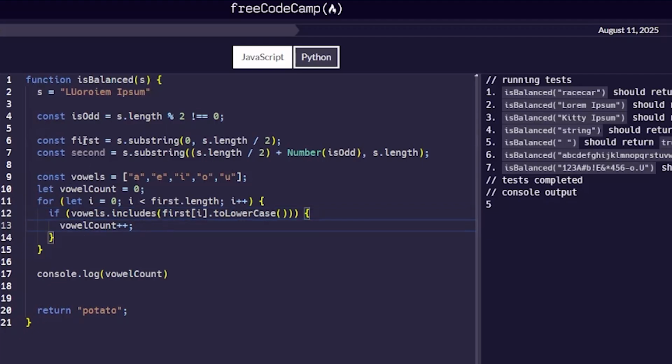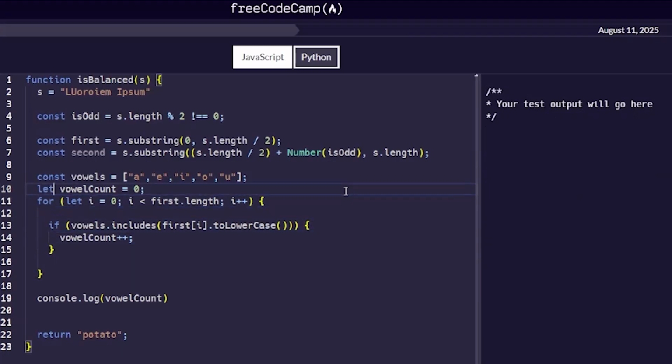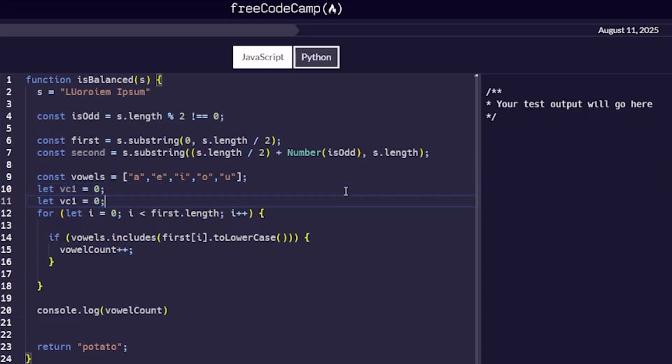And we need to do that for each of these strings. We could do this in one loop. Since we're taking half of the original string, we can guarantee that both of these strings are going to be the same length. So it doesn't matter if we iterate on first.length or second.length, it's still going to go the same amount. And so really all I need to do is do VC1, vowel count 1, and vowel count 2,